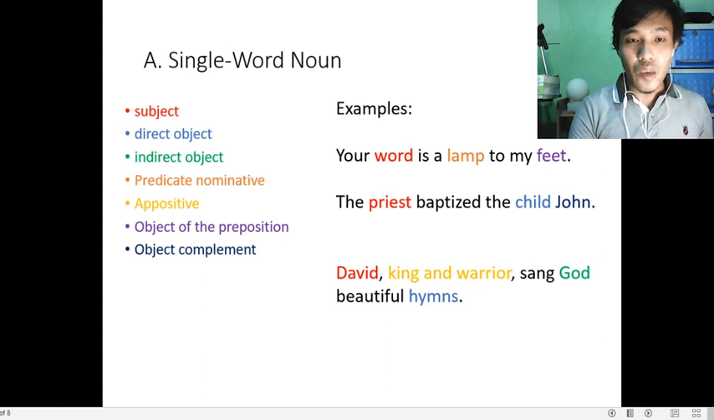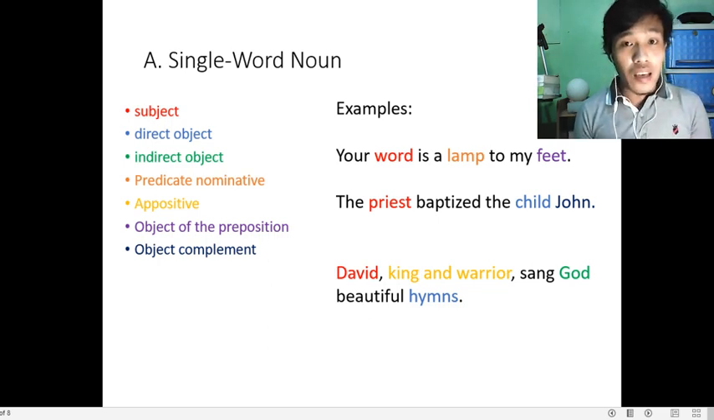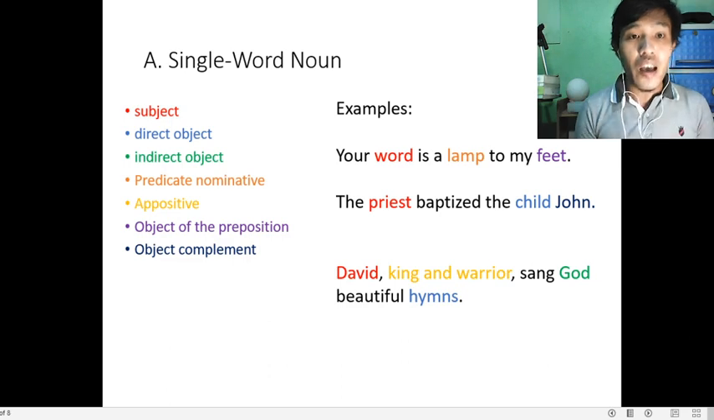If we talk about the subject, it tells who or what the sentence is about. That means it's the doer of the action and usually found at the beginning of the sentence. Look at the sentences. What are the subjects here? Very good. So the subjects are word, the red one, the priest, and David. Okay, so that's our subject. Next,